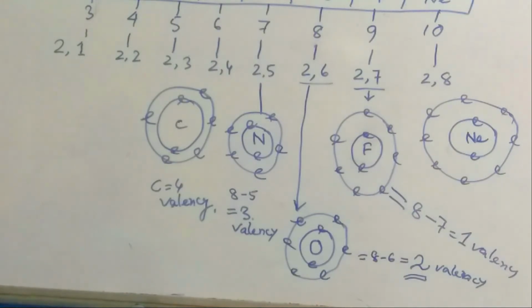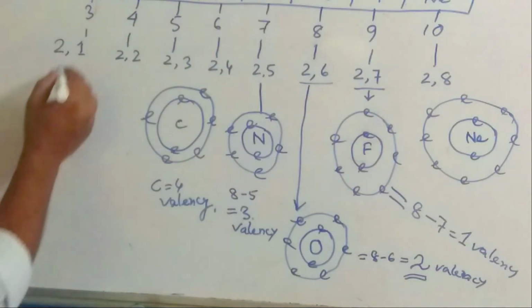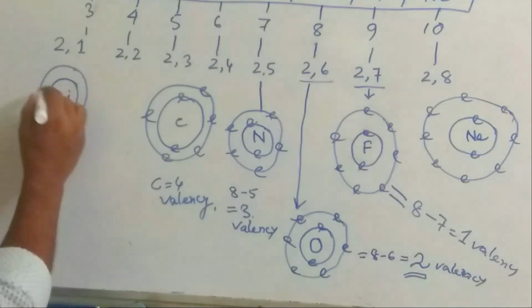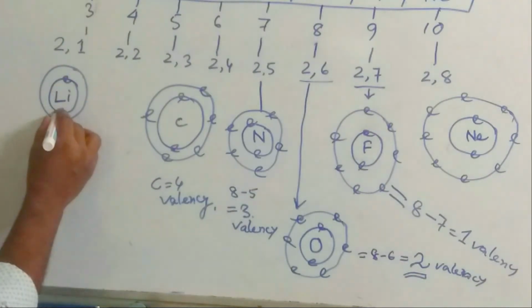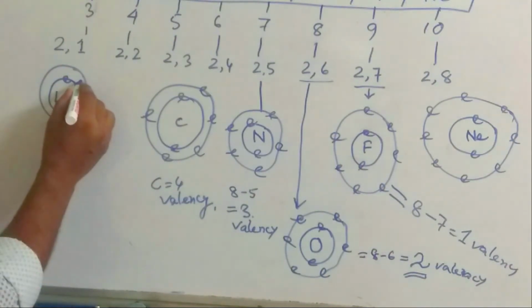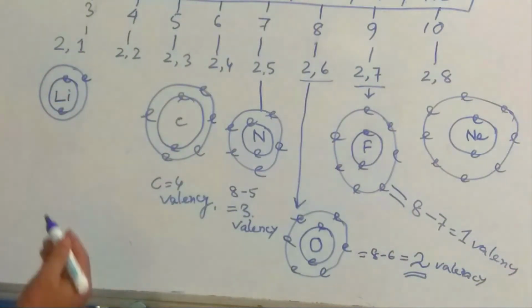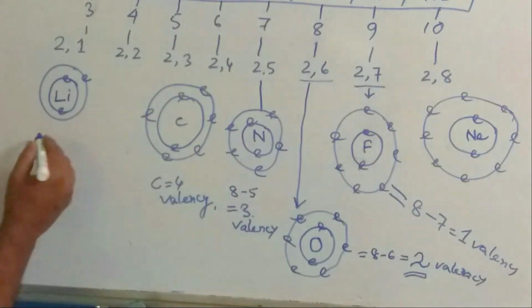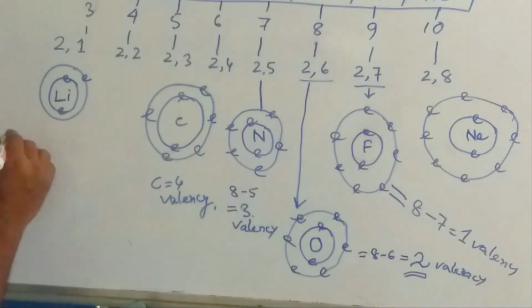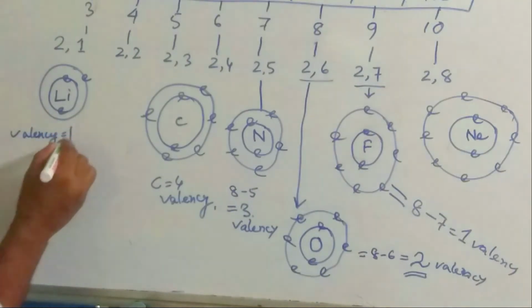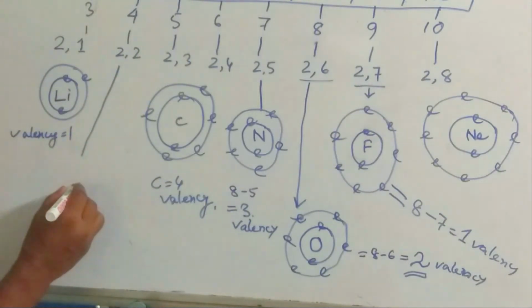On the other hand, you can see in case of lithium, first orbit, second orbit. The first orbit shell is satisfied with 2 electrons, and in the last orbit there is only 1 electron. So this electron can be donated to others. So its valency is 1. Beryllium,